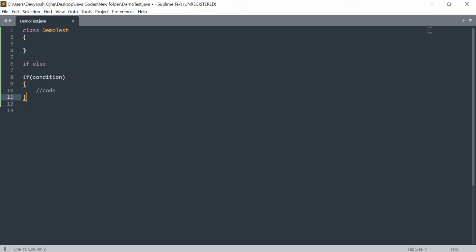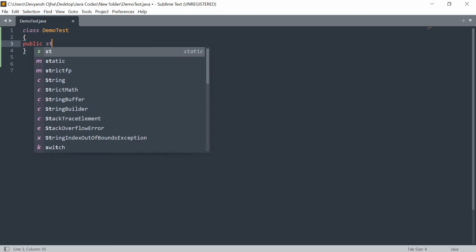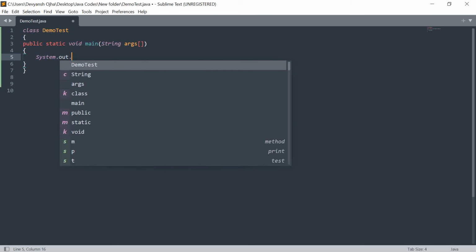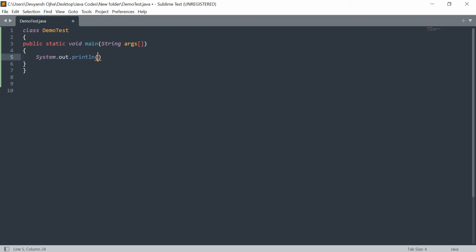Now, what is it basically used for? Suppose you want to put a condition in between, that would actually represent the functionality of if. We will not talk about else for now. Let's just talk about if. Suppose I want to find from two numbers which one is the greatest. How will I find it? Firstly, let us make a particular function, public static void main, string args, and then let's print first something, System.out.println,